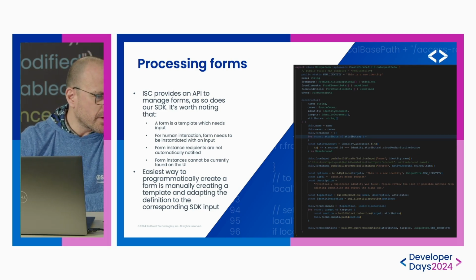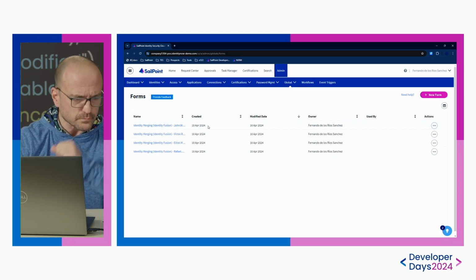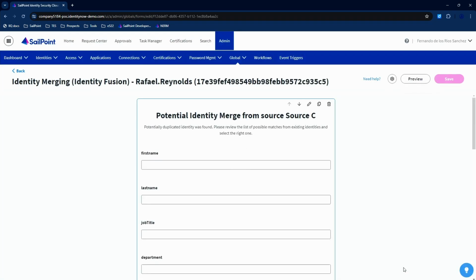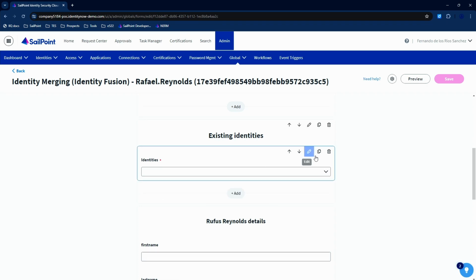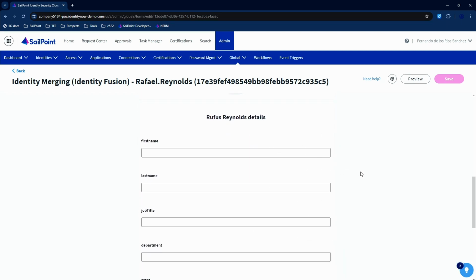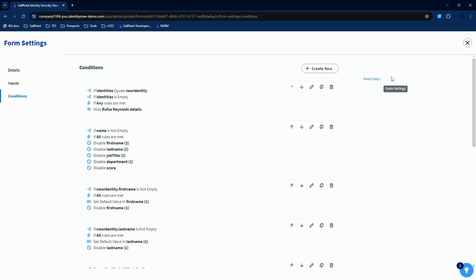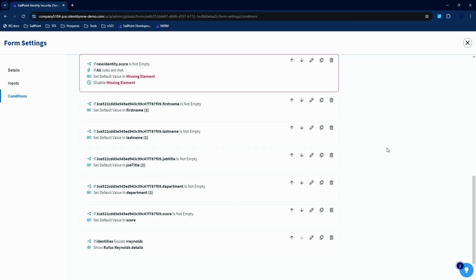Here, we go to global forms, and we have a series of pending reviews. We can start with this one. Let me show it to you in Builder. Okay, you see that there's only one identity existing in the drop-down menu, and then that identity has an information block dedicated to it. If we check the form conditions, we can also find that there's a series of conditions related to that block